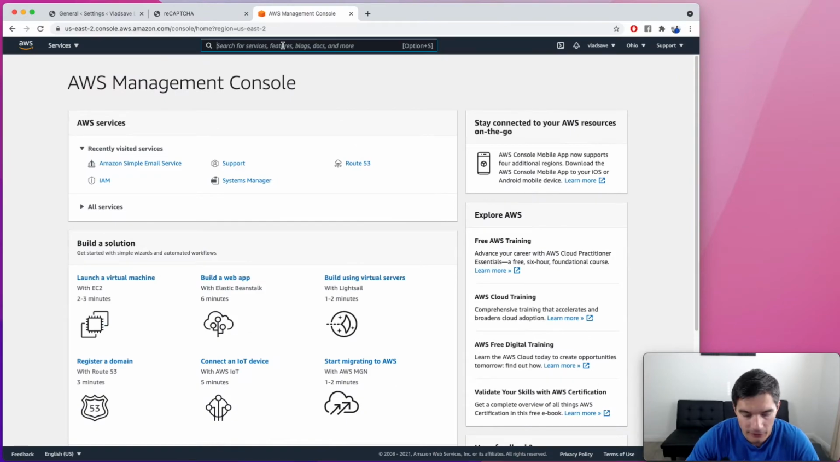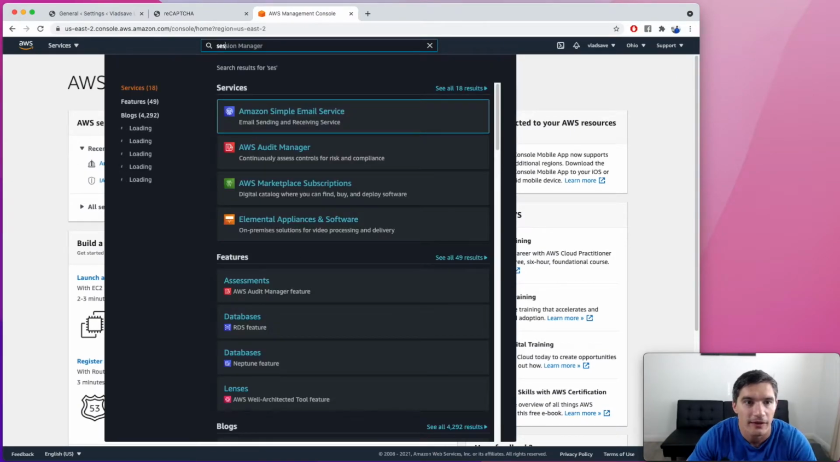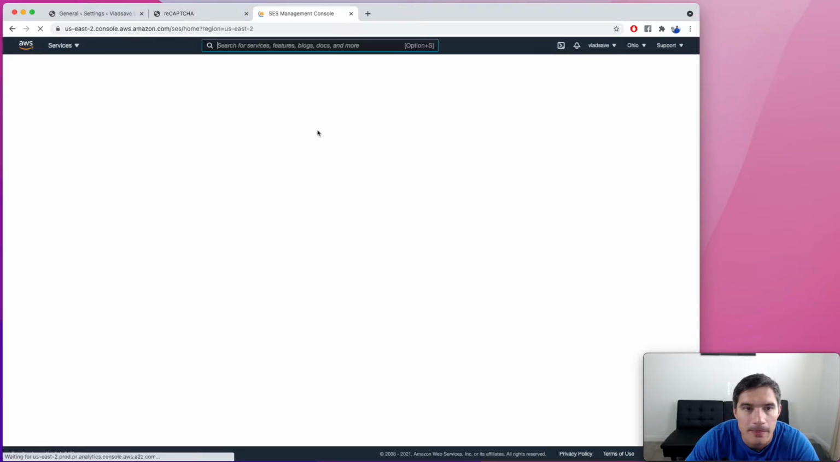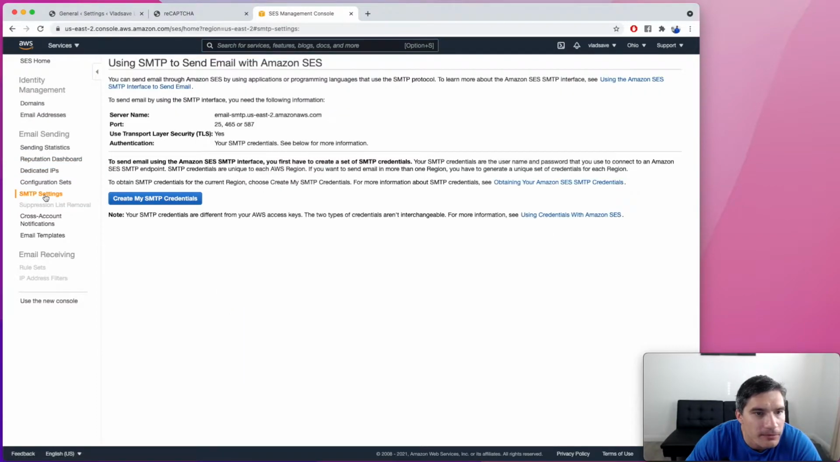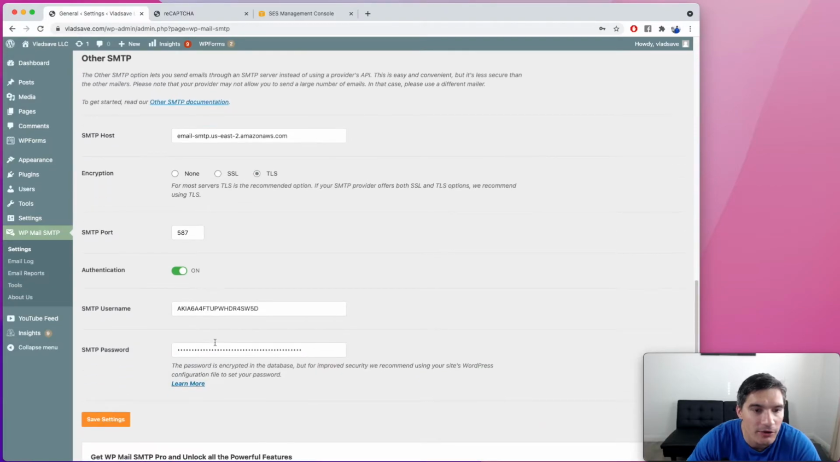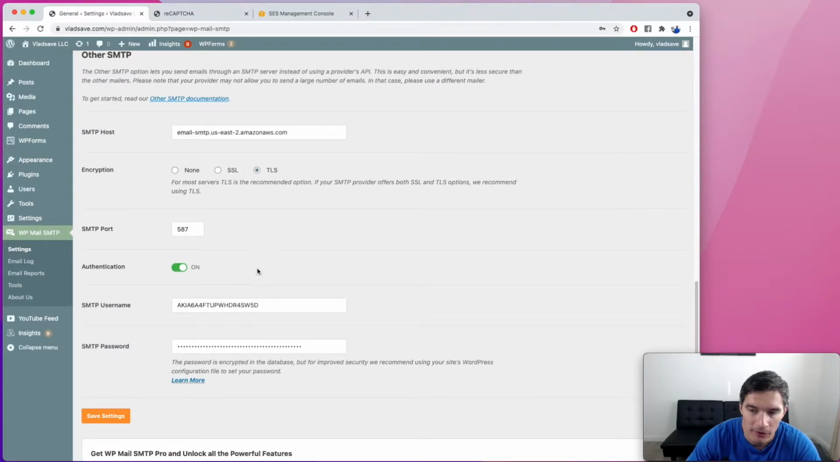We are in the console now, so we go to SES, Simple Email Service, and on the left tab there's SMTP settings, and so we'll have here the server name, the port, and when you click create SMTP credentials, it will give you the username and password that you can then transfer here. Of course, if you're using another server like Gmail or other providers, you will have different steps. Okay, so now we save these settings,